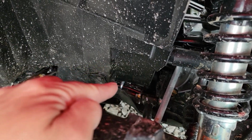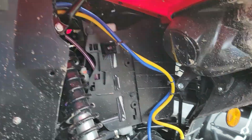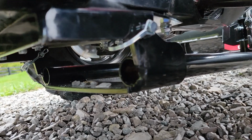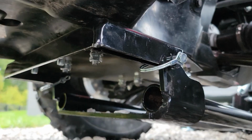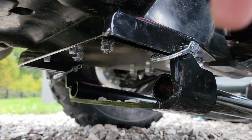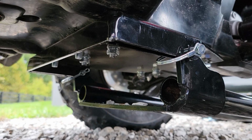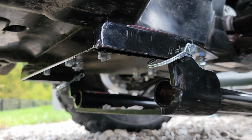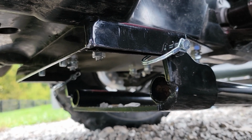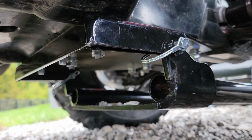So you can see one of the U-bolts down there. They supply these, of course. They just kind of lay over the frame. Let me get down low and see if I can show you what's going on down here. So you can see the ATV specific mount plate for the Rancher here. And what you'll notice here is that I have trimmed off the ends of the U-bolts, because after installation, and I followed all the instructions, by the way, those studs were hanging down really low. And so when you're not using the plow and you're just out recreationally riding, those things would have gotten mangled. It would have been, just 5 minutes, you would have mangled those. So I ended up trimming those off,